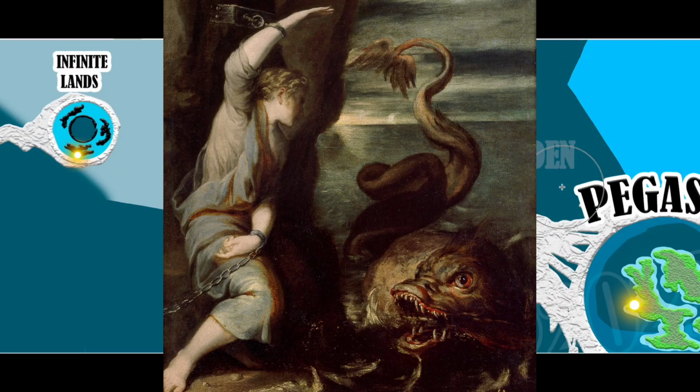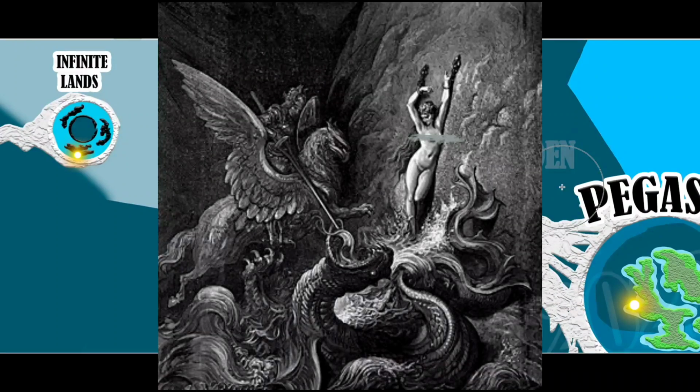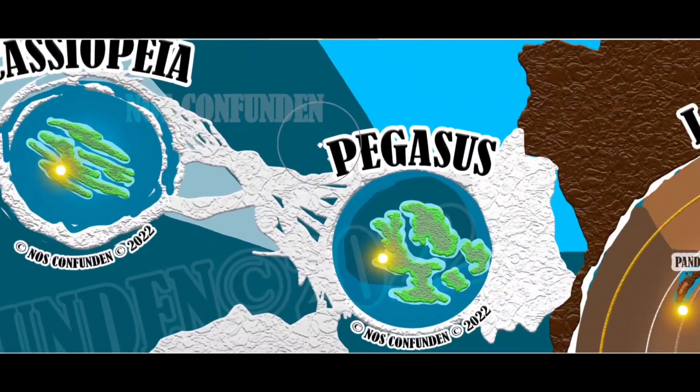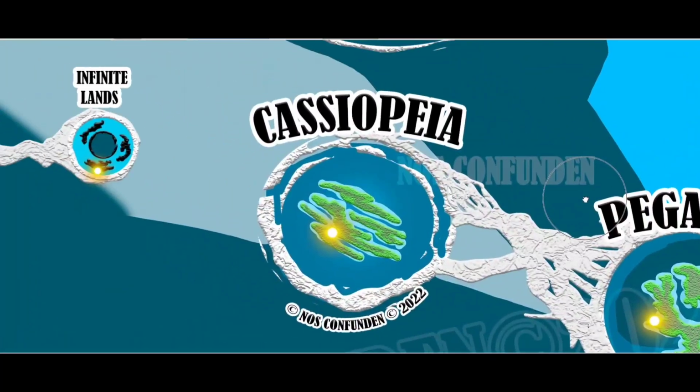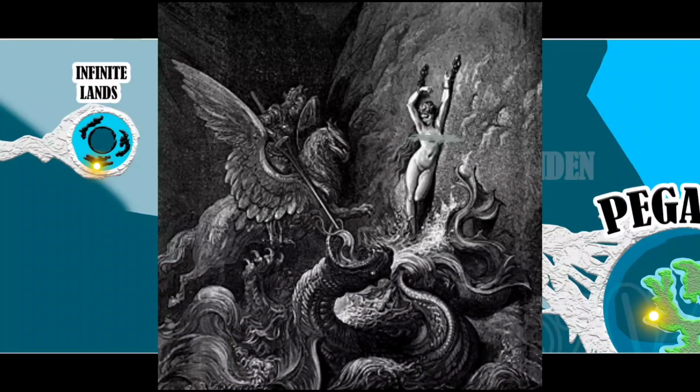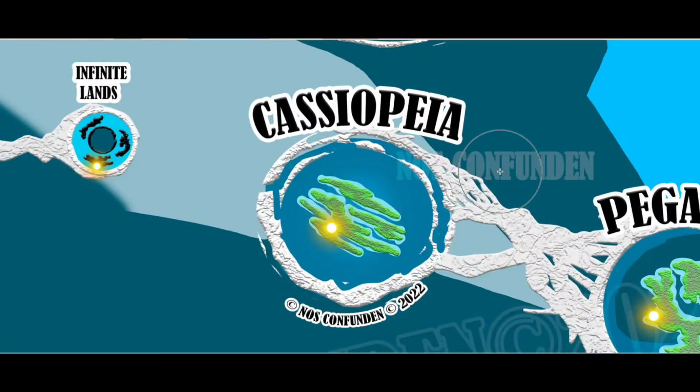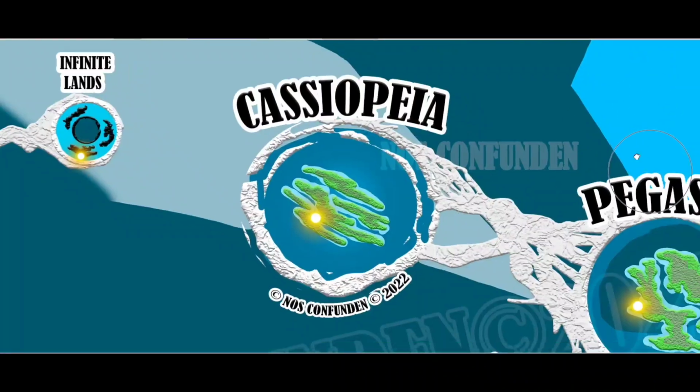So she was literally tied to a rock, and she was offered in sacrifice to the monster. And this was going to happen until who showed up? None other than Perseus, the same guy who let Pegasus be born once he killed Medusa and cut off her head. So the same hero that gave birth to Pegasus in some way also came to the rescue and slew the monster Cetus. And that resulted in the liberation of Andromeda, who became the wife of Perseus. So yeah, that connects these myths all together.